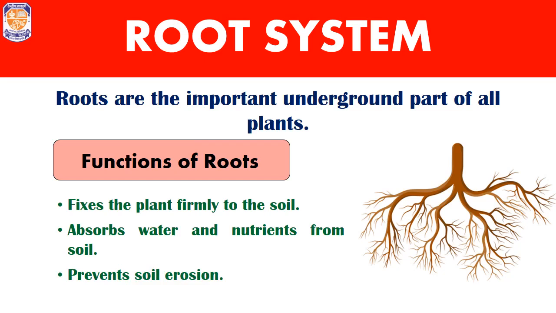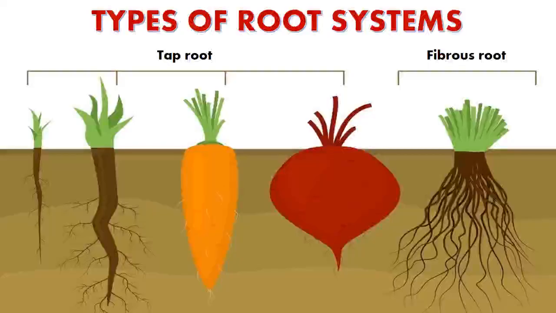The root and root hair, they bind with the soil, they hold the soil particles firmly and they prevent the top soil from being washed away or being blown away with the winds. I hope you all know that soil erosion is the removal of top layer of soil. So the roots, they prevent the soil from erosion. These were the functions of the roots.